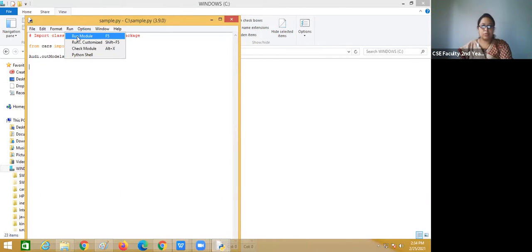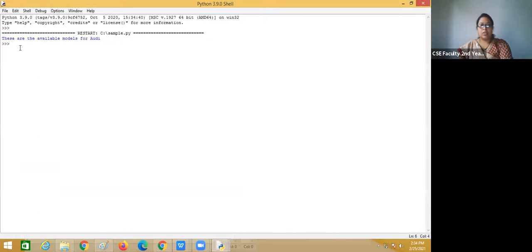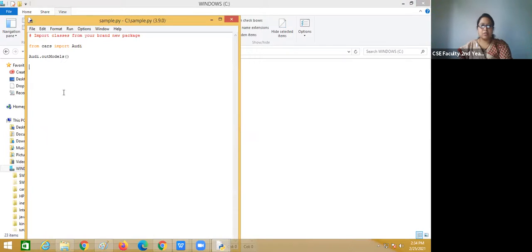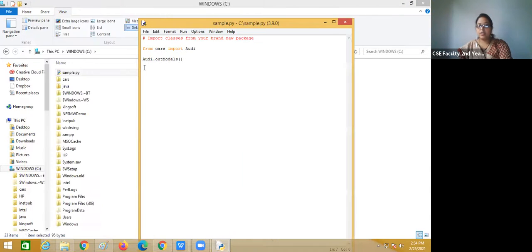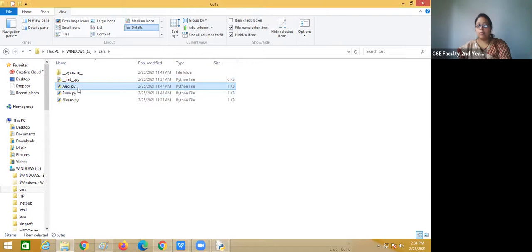I will run this one. You can see these are the available models for Audi. So that means Audi is imported here, and the function name is out models. This is being called from the cars package, from the Audi module.